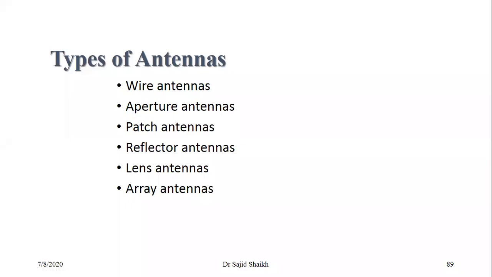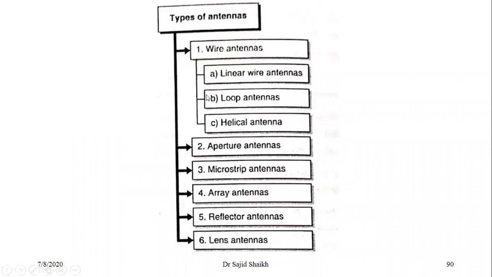So in the previous lecture, we already discussed the wired antenna, right? In wired antennas, there are three types: first, the linear wire antenna; second, the loop antenna; and third, the helical antenna. Okay. So when we are talking about the wired antenna, these antennas totally depend upon the